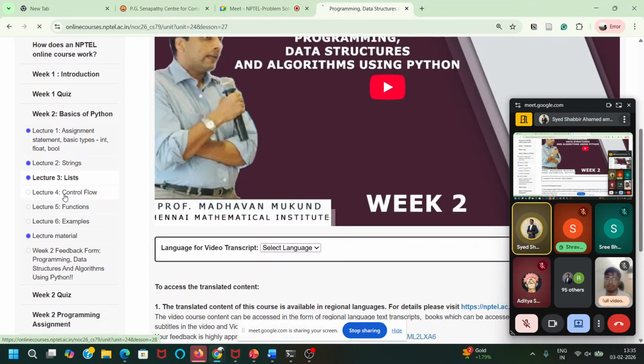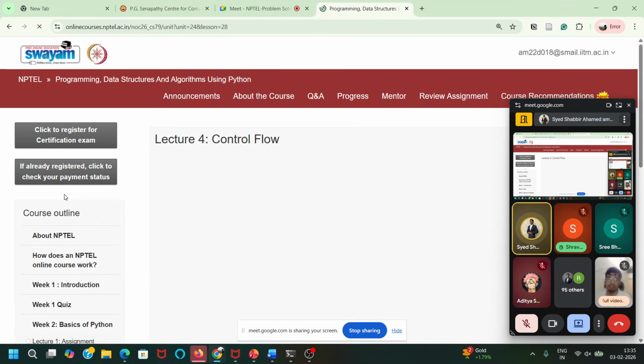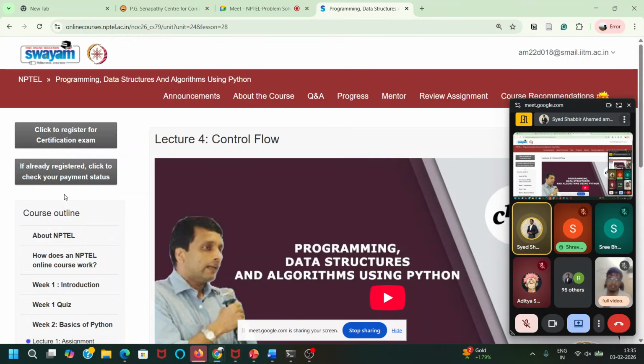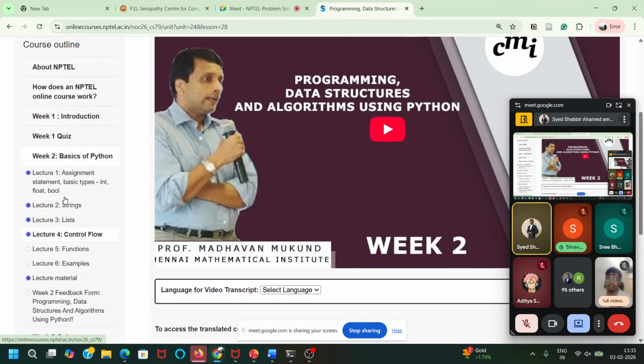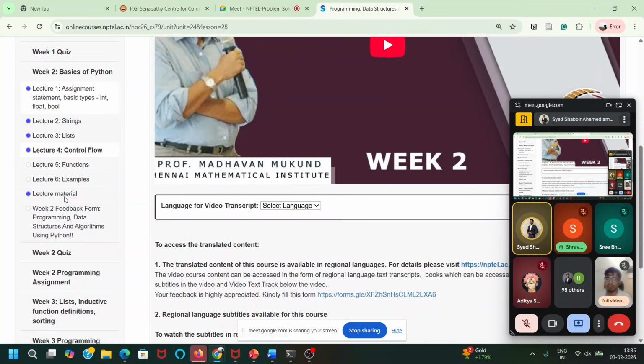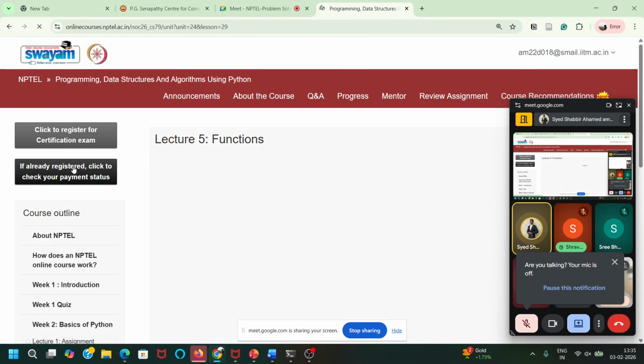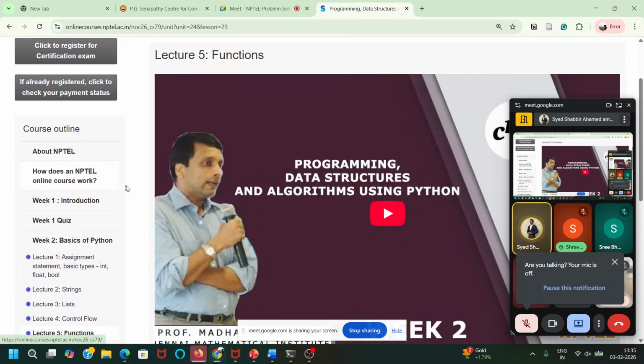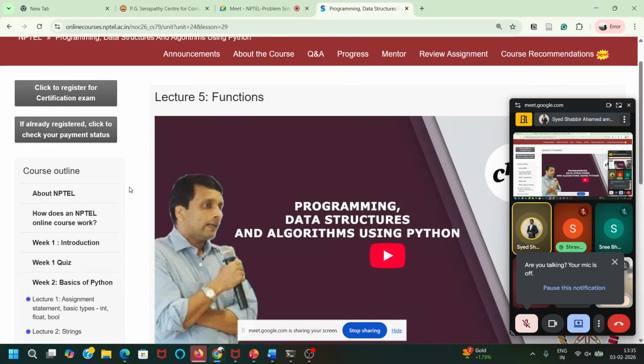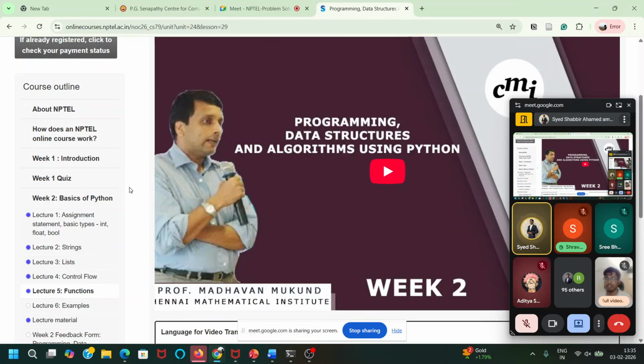Then we went into control flow. Here we saw how to use conditionals and also loops in Python, like what a while loop is, what a for loop is. And in lecture 5, we learned about functions. What are the uses of functions, how to define a function, and what things you can do with a function, with a few examples.